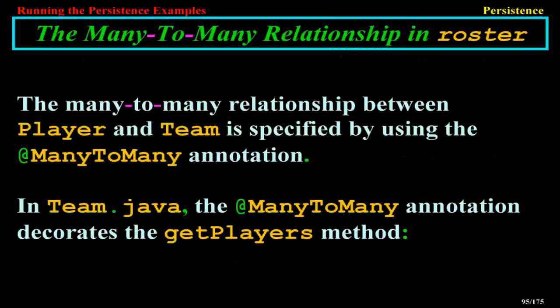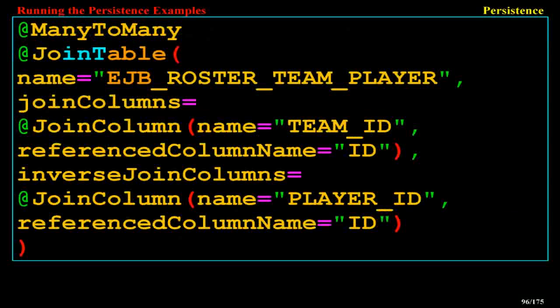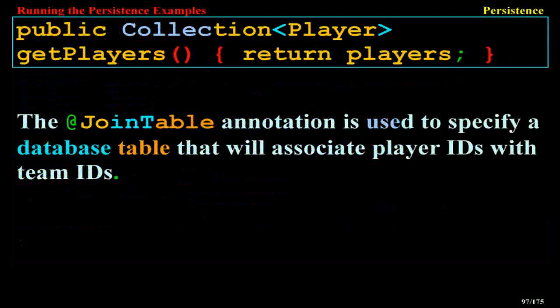The many-to-many relationship in roster. The many-to-many relationship between Player and Team is specified by using the @ManyToMany annotation. In Team.java, the @ManyToMany annotation decorates the getPlayers method. @ManyToMany @JoinTable(name="EJB_ROSTER_TEAM_PLAYER", joinColumns=@JoinColumn(name="TEAM_ID", referencedColumnName="ID"), inverseJoinColumns=@JoinColumn(name="PLAYER_ID", referencedColumnName="ID")) public Collection<Player> getPlayers() { return players; }